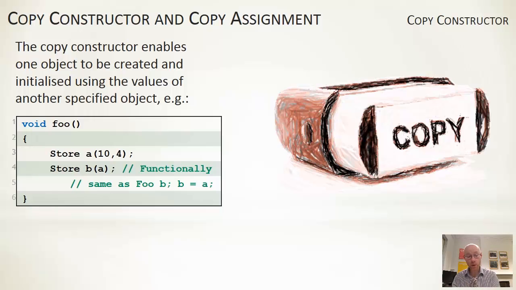In line 4 we're creating a second instance of our store called B, and what we're passing in is an instance of this class. We're passing in another store, in this case A. So it is in essence a parameterized constructor. The parameter just happens to be an instance of the class that is being constructed. Again, it has the same set of issues and the same overarching goal as for copy assignment. There is a default one built in where it will do a member-wise copy from one to the other,